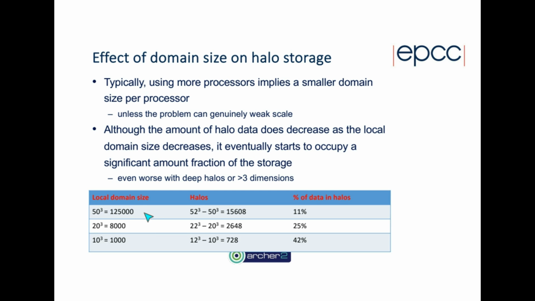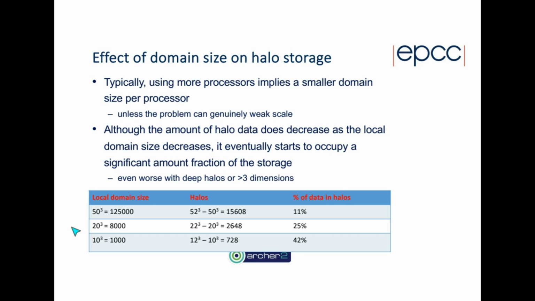So we need an extra face on either side of the cube to store our halo data. Then the amount of data in the halos accounts for about 11% of that memory. But then as we shrink, if we go down to 20 cubed, then that goes up to